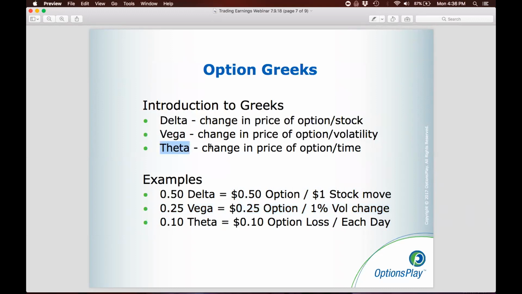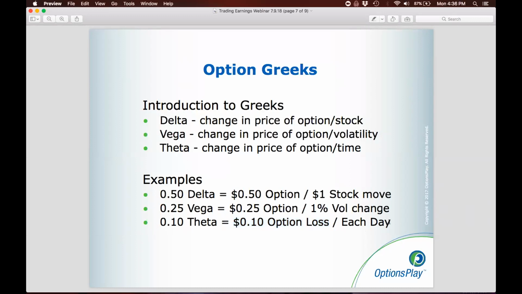Lastly, theta. It's the change in price of the option with respect to time. Obviously, time is something that we can't control, so theta simply tells you how much of that time value you're losing every single day to time. So if you buy an option for 7 days, theta will tell you how much money you lose per day. You multiply this amount by the number of days you hold it, and that's the amount of money you will roughly lose by hanging on to that option for 7 days.